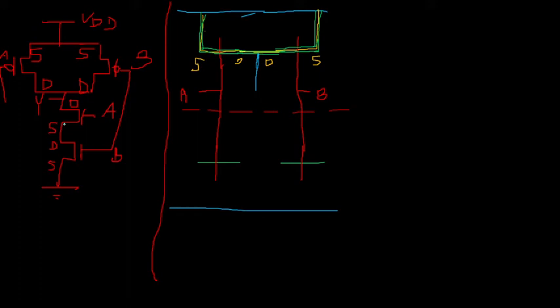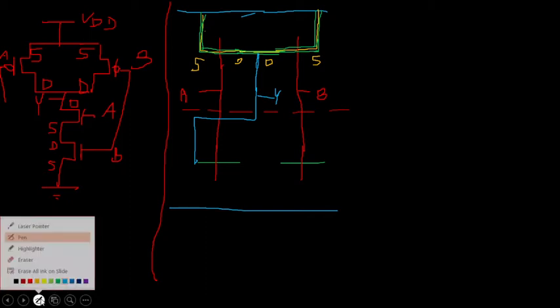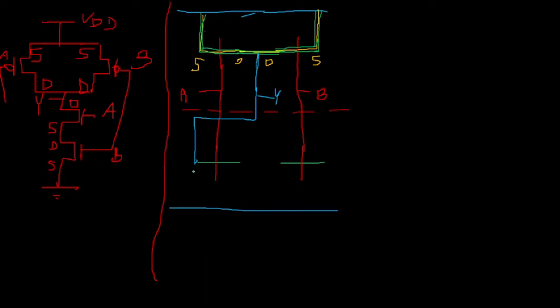But if you observe, the source and drain of A and B are also shorted. So it is a good idea we take source this side and drain this side. So you extend this metal line and connect it to the drain of this. At the same time you can write the output as Y here. And next, you have taken drain this side, so this will be the source, and the source of this A transistor is connected to the drain of B.